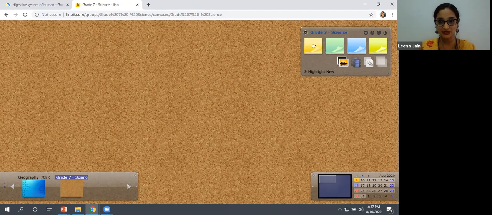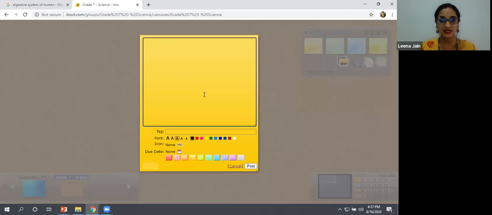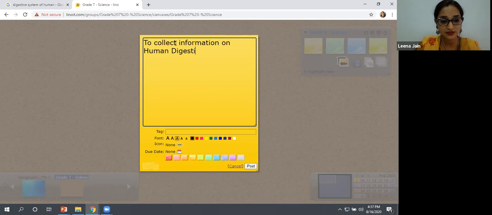Here you can stick it. So I'm going to select this, and this is how it is going to open. When I'm opening the sticky note here I'm going to type a few things. For example, I'm using a topic called human digestive system. So I'll ask my students to collect information on human digestive